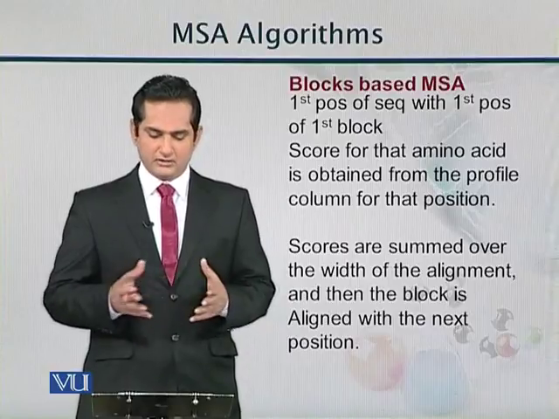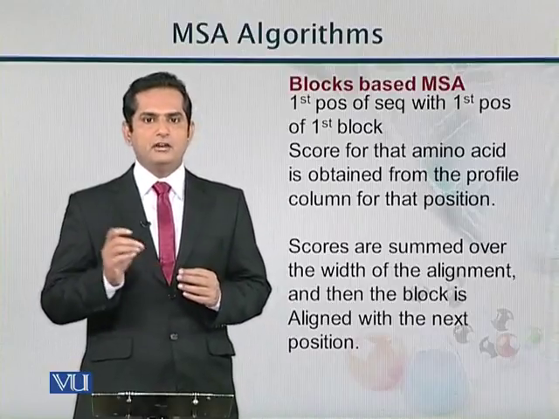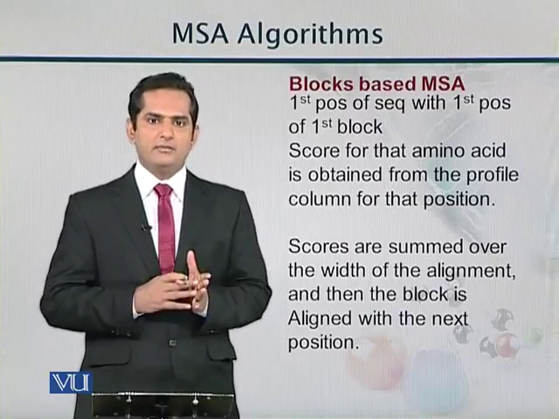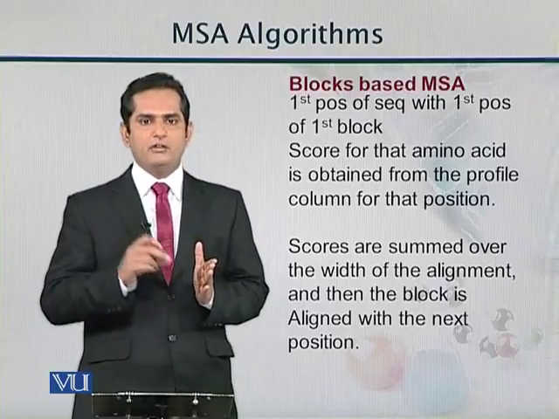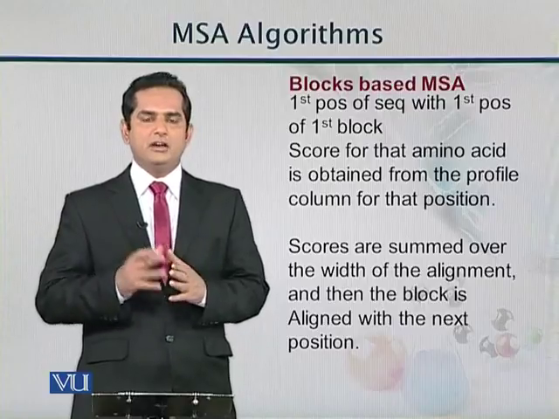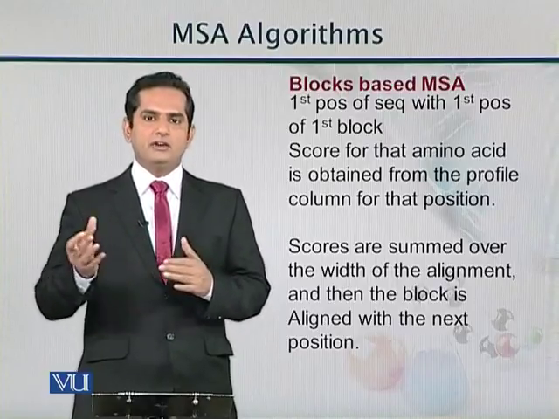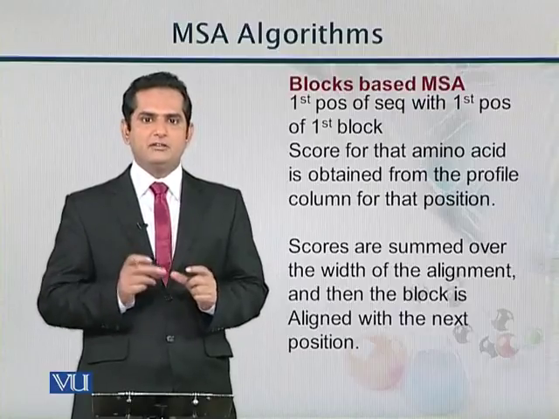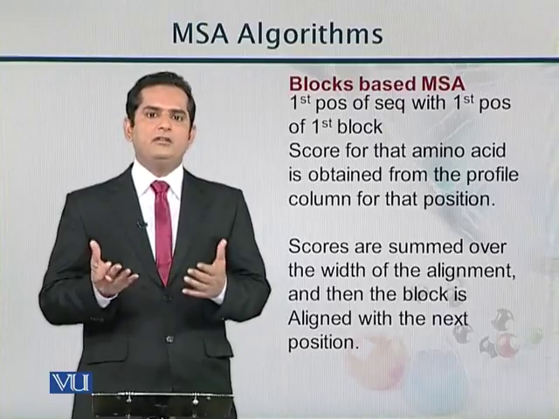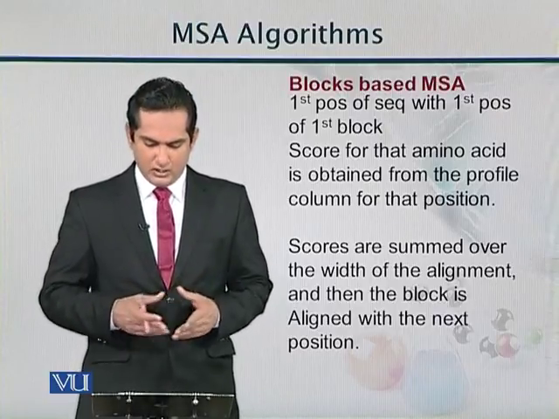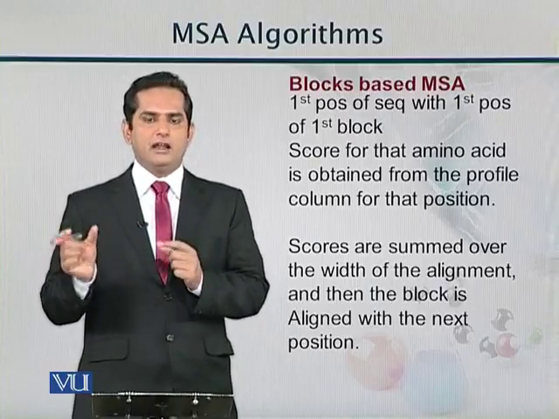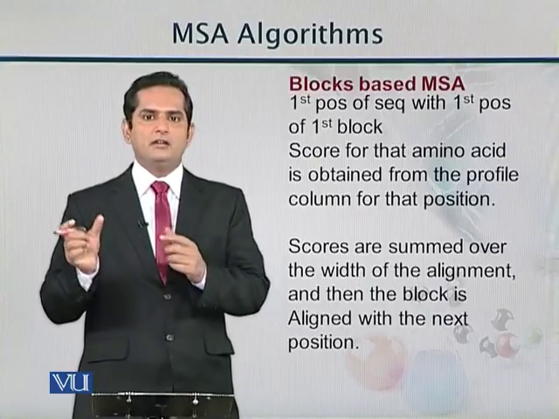So what is block based MSA? The first position of our given sequence is compared with the first position of the first block. If it matches, then it's okay. Otherwise, it tries to compare our first block with the second block and third block, and so on. Wherever there is a match, it is retrieved. The advantage is that once we have found the block which is exactly matching, we try to increase the size of that block and see if it also works with the increased size. With this, we can find out the complete width of that block alignment, that is, how much width of the aligned block is there.